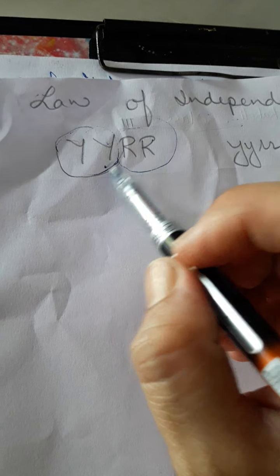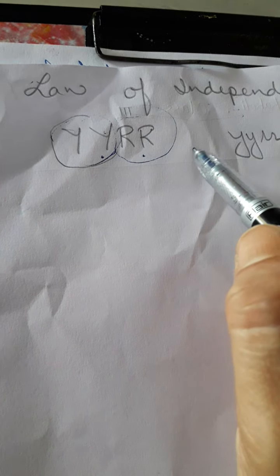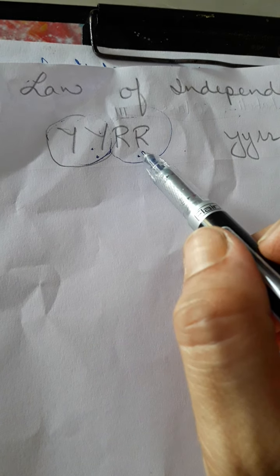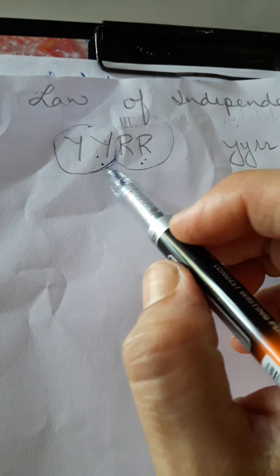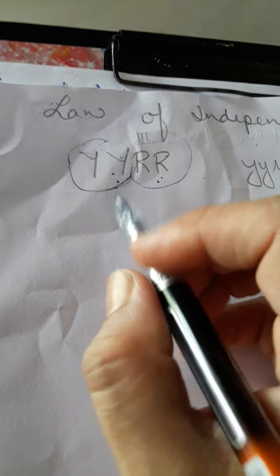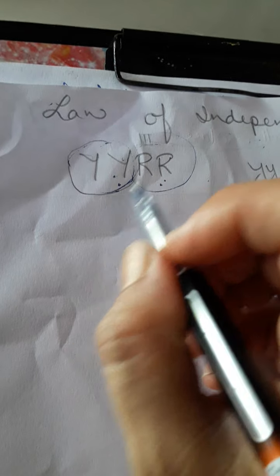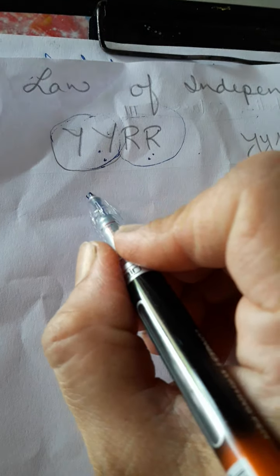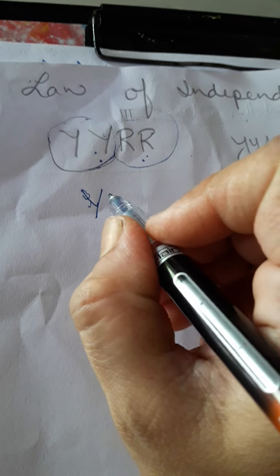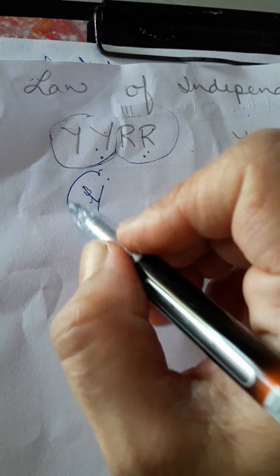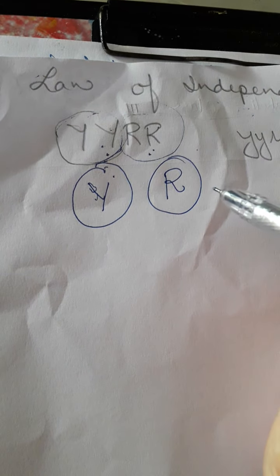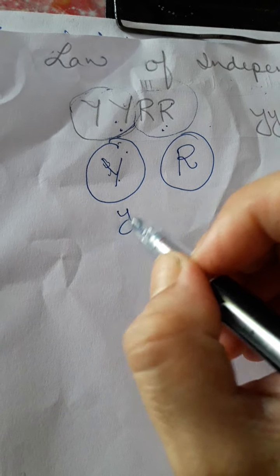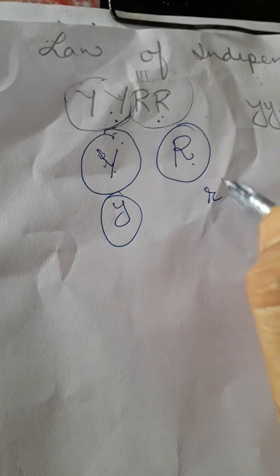They are not dependent on one another, and during gamete formation they segregate, separate and behave independently. For example, in simple terms, when we are doing a cross involving capital Y, which represents the color of the seed, and R, which represents the shape of the seed: round, this is yellow. Now for Y, the contrasting one is small y, green, and for R, small r, wrinkled.